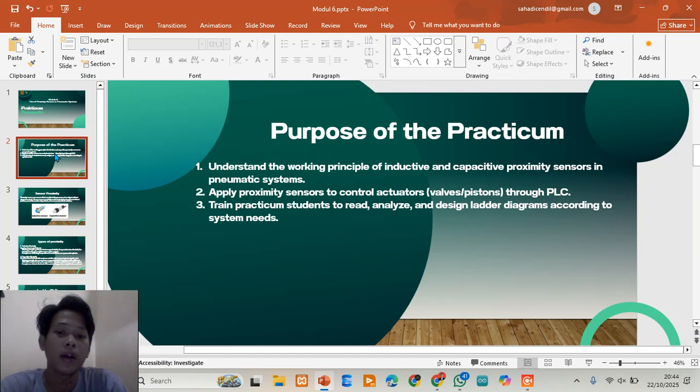It is also used to read and design a ladder logic diagram according to given system requirements. In short, this experiment bridges the gap between theory and real automation control.